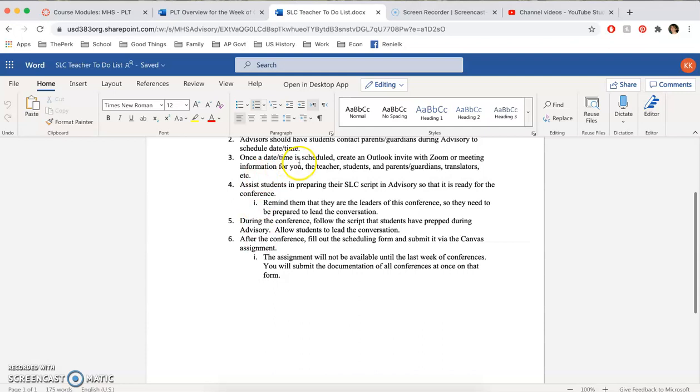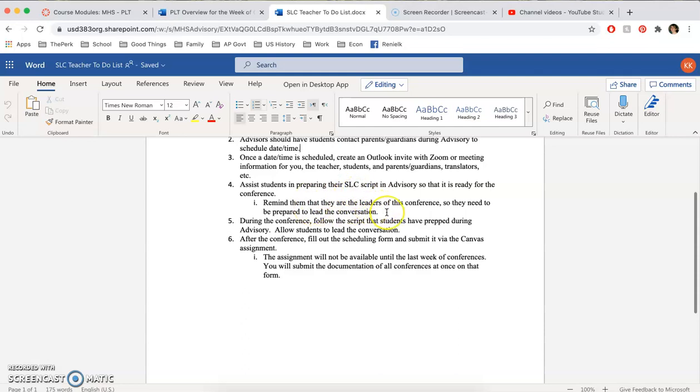Once the date and time is scheduled, create an Outlook invite with Zoom or meeting information for you, the teacher, and the students. We know that you both have Microsoft accounts, so you can do that. Also add the parents, guardians, translators, anyone else who may need to be part of that conversation. Number 4, assist students in advisory by preparing for their student-led conferences and looking at their scripts, getting ready.